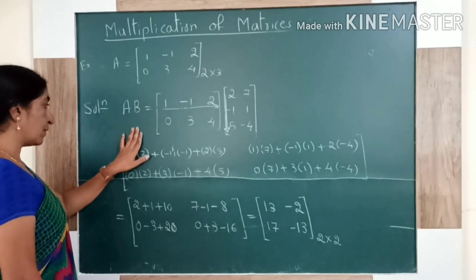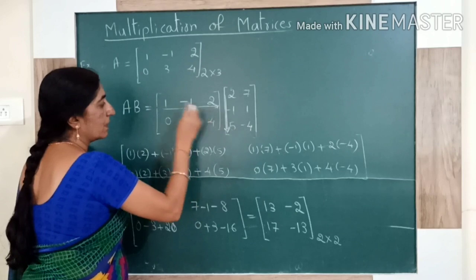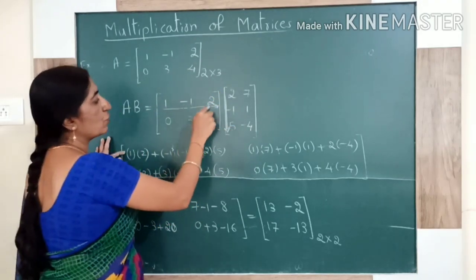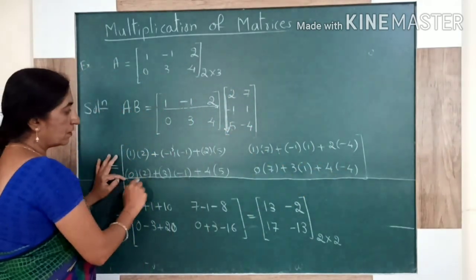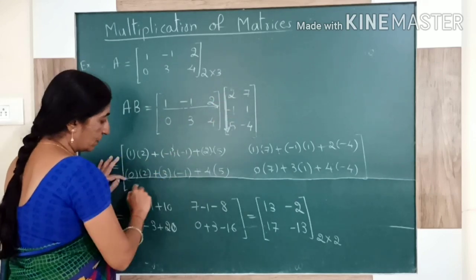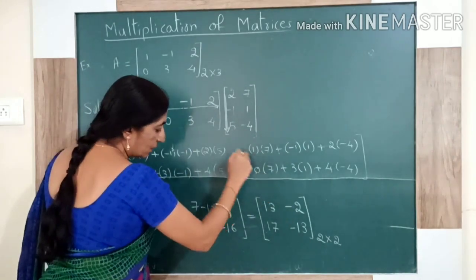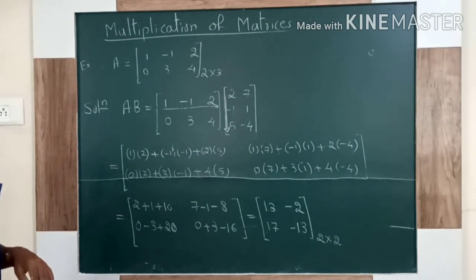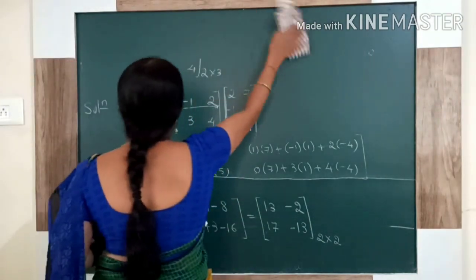Once again here I am explaining AB. We have to write matrix A, matrix B. First row with first column, that I wrote here. Then first row with second column, I wrote here. Then second row with first column, this is the value. Then second row with second column, here just multiply and simplify that. So after simplification you will get the answer. Then I told 2 questions, one is AB, another one is BA. So I am multiplying BA.